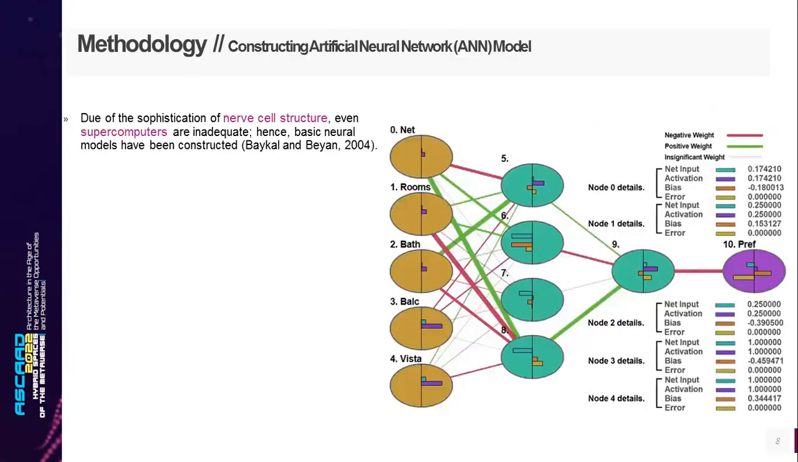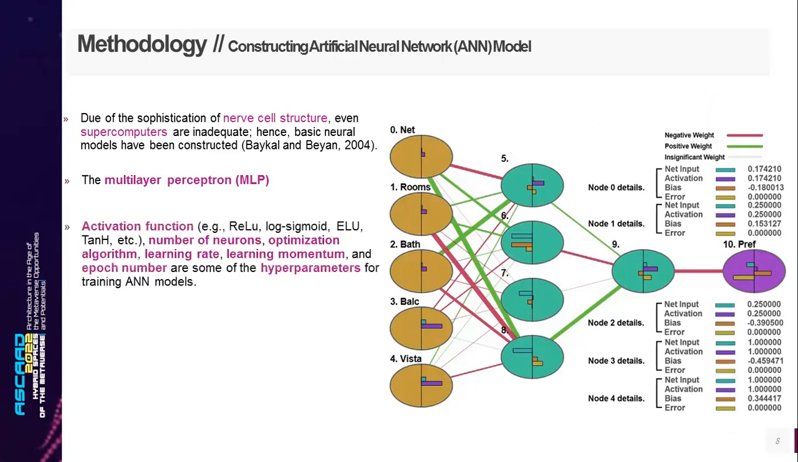Due to the sophistication of cell structure, even supercomputers are insufficient. Hence, basic neural models have been constructed. The multi-layer perceptron has been applied to predict future trends, approximate relationships between variables, and classify data into discrete classes. Activation functions, number of neurons, optimization algorithm, learning rate, learning momentum, and epoch number are some of the hyperparameters for